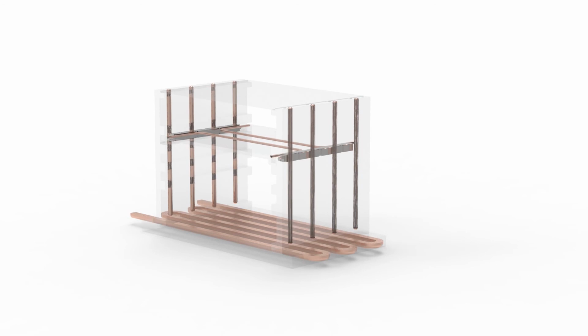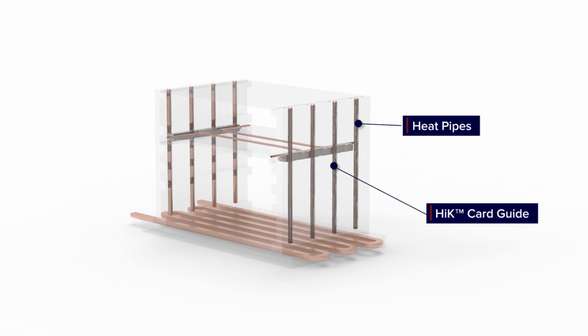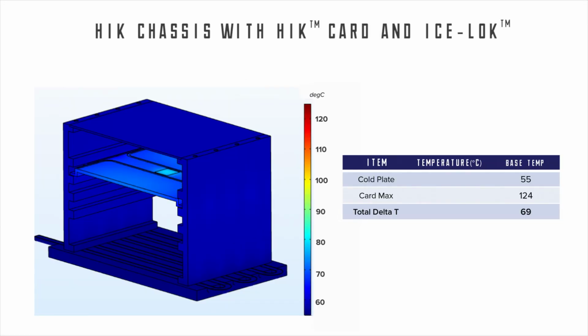To reduce the gradient, we convert the chassis to a high K sidewall by embedding heat pipes. This final change drops the overall delta T by an additional 13 degrees C. The max card temperature is now 79 degrees C, which is a safe operating temperature for most electronics. From the baseline to the fully thermally enhanced model, the thermal savings was 45 degrees C. This type of savings can allow for higher power densities or added margin to the system.